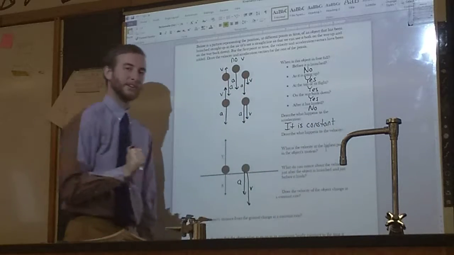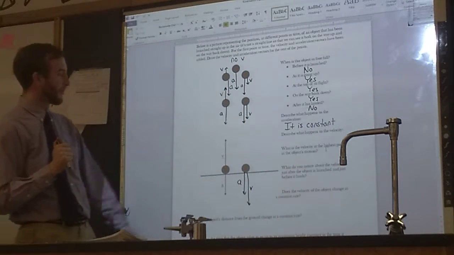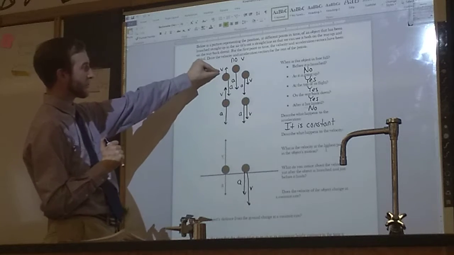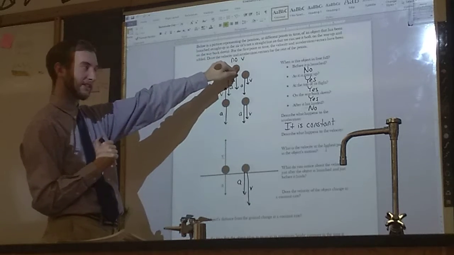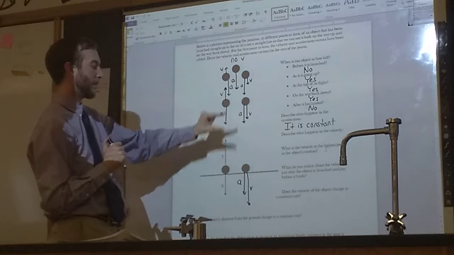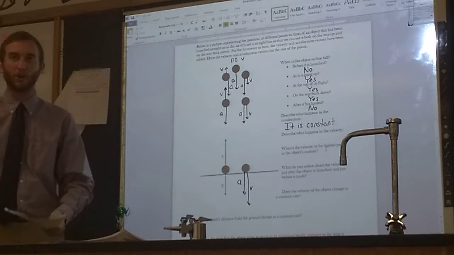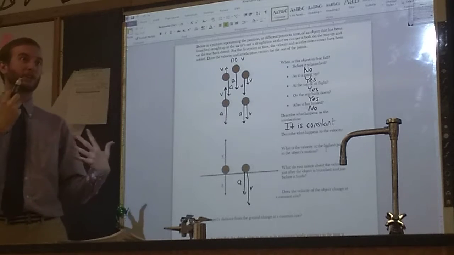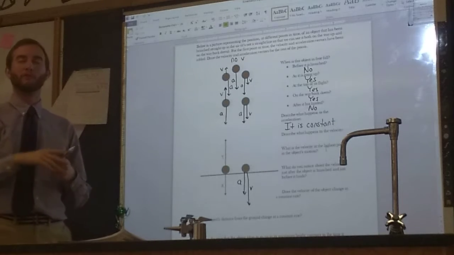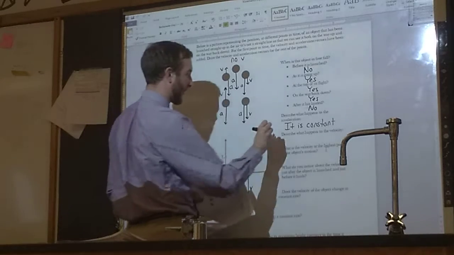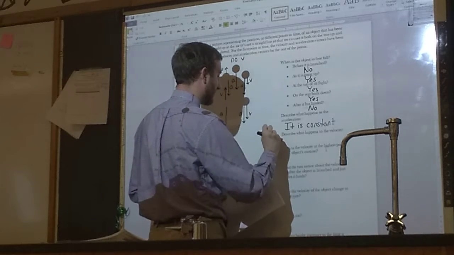What about the velocity? This is a little trickier. Notice the velocity starts off pretty big, pointed upward. It gets smaller and smaller until at the peak there's no velocity. And then it gets bigger and bigger, but it's pointing in the opposite direction now. The velocity is showing you the direction and the magnitude of where the ball is traveling at different points in time. So the way I'm going to describe it is that the velocity decreases